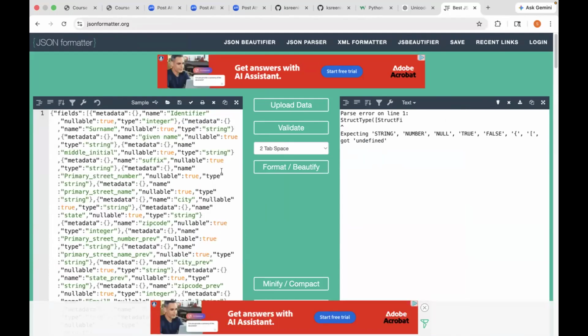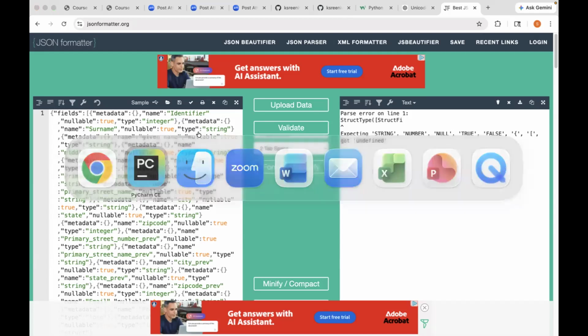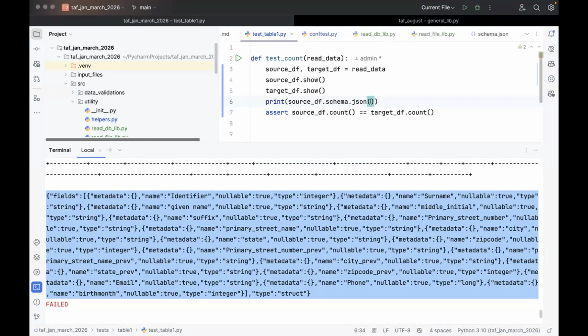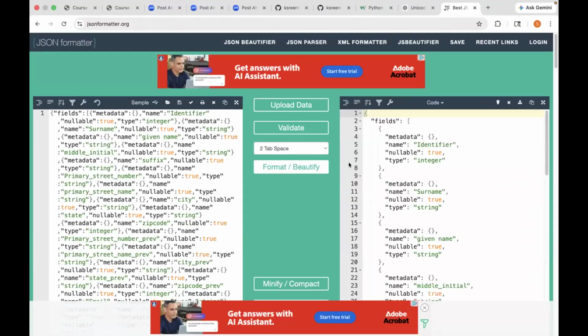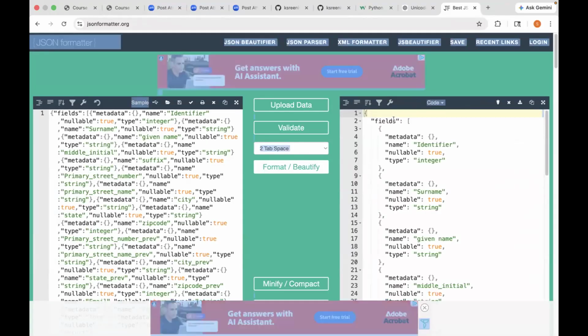Spark will infer the data and then display the print schema for you, right? Same print schema you can use like dataframe.schema.json. This will display the schema of your file, the metadata of your file. And then I'll use beautify. So now it is created, formatted